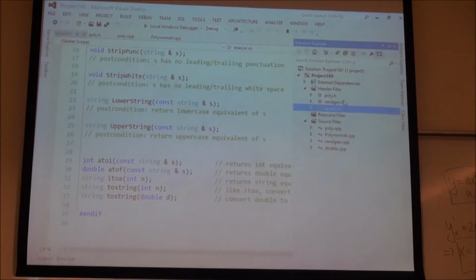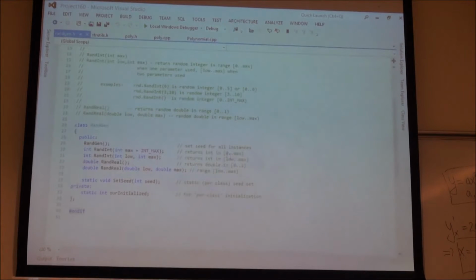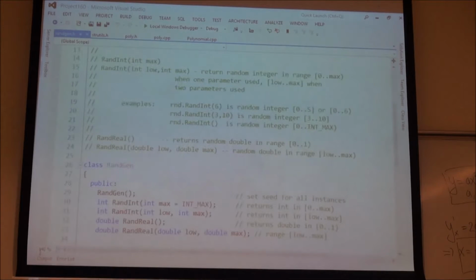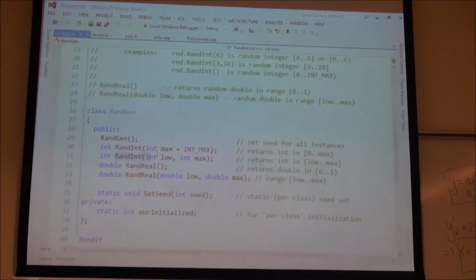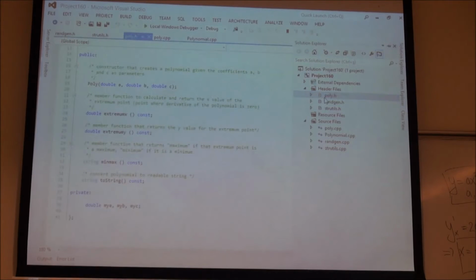Then you remember the random generator function. Basically from this one, we are going to use only the function that we already saw during the last lecture, random integer number. For coefficients a, b, and c, we're going to use this function here. And now let's go and explain the